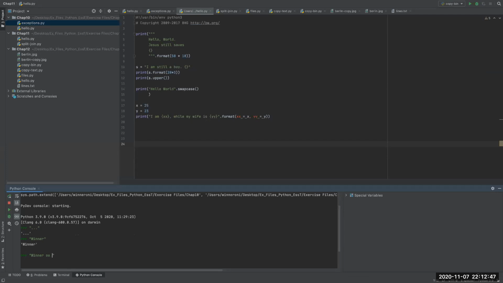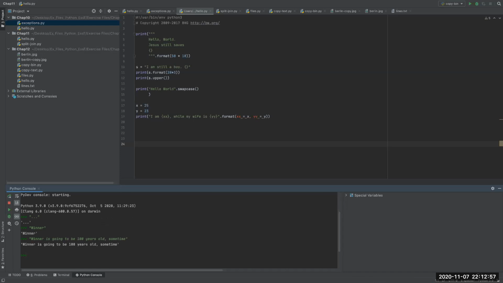It could be winner is going to be 100 years old sometime. Now, that is also a string. Now, you can deal with those strings in several different ways, but that's the basic first thing: that is a string object. Now, before I go to the main gist of what chapter 11 was trying to do,